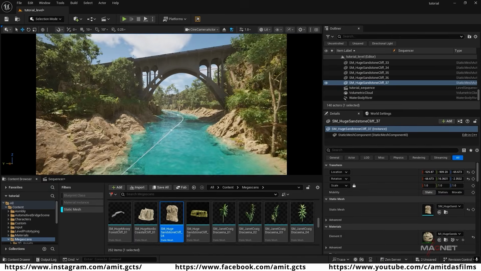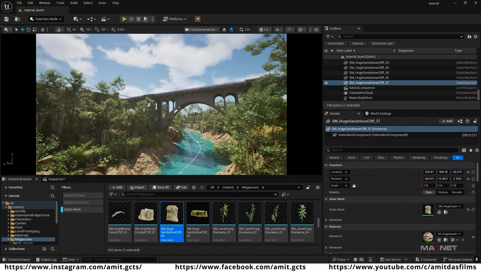So now you can see that our river looks nice here, and also we can put some of the big